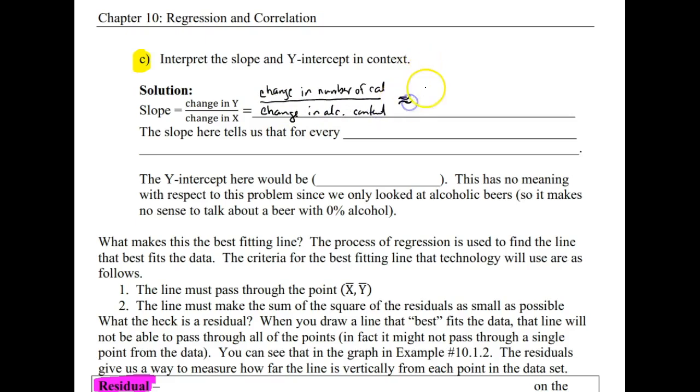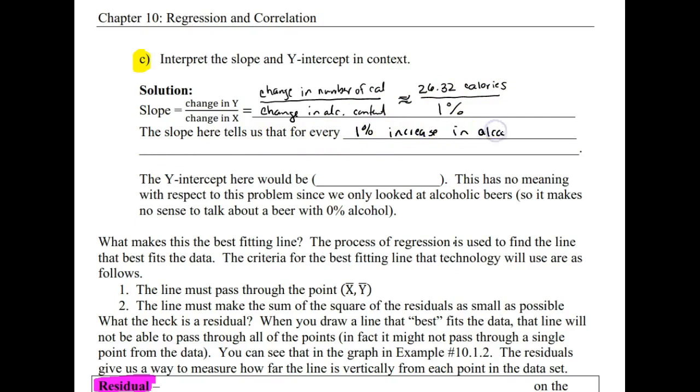And so if we round that off, it is about 26.32 over 1, where the units here are calories and alcohol content was a percent. So the slope here tells us that for every 1% increase